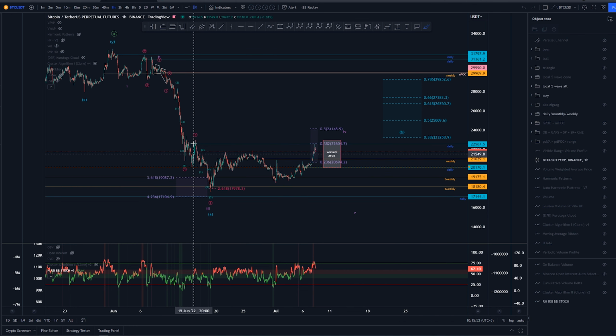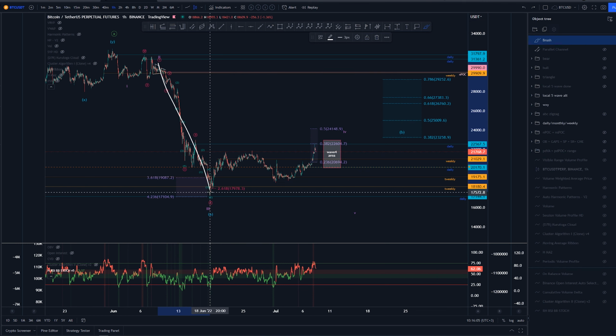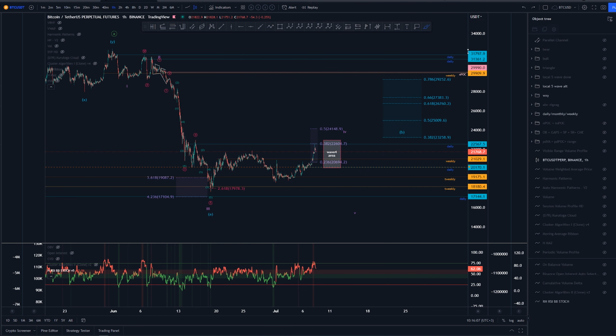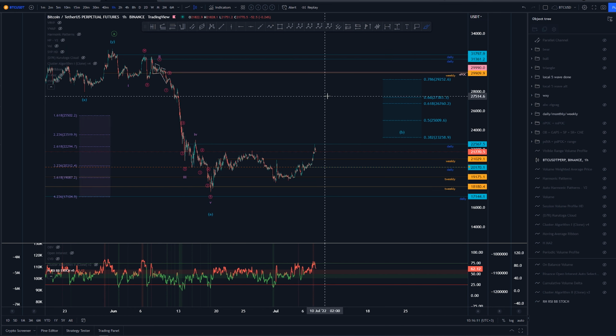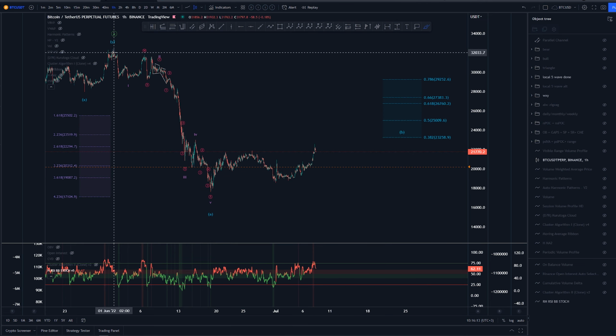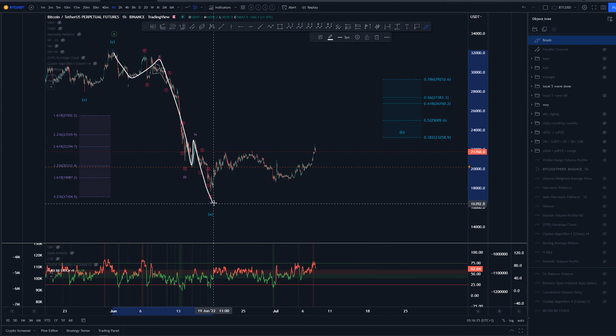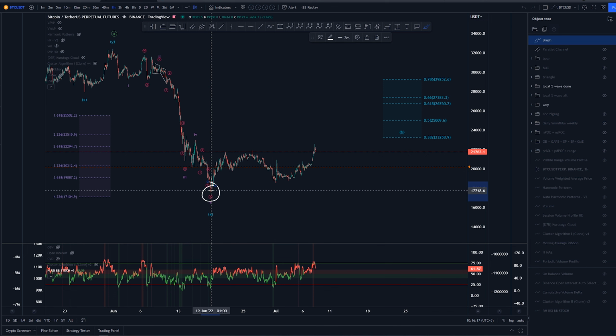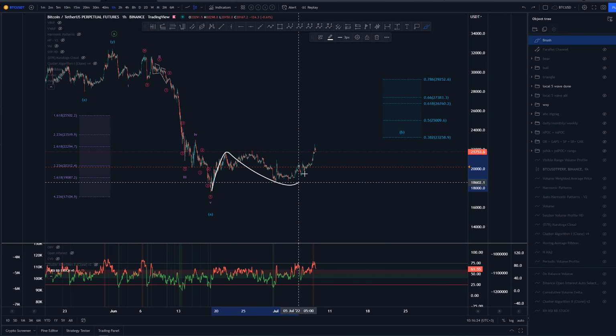It could be just coincidence that we had that stop here at the 38.2 as well, for this being a retracement of this move. So yeah, keep that in mind. I'm still not liking this too much. So this is the main one, in which we have a 1, 2, 3, 4, and 5, ending the structure down here at the 19th of June. From there we could have some kind of structure like so,